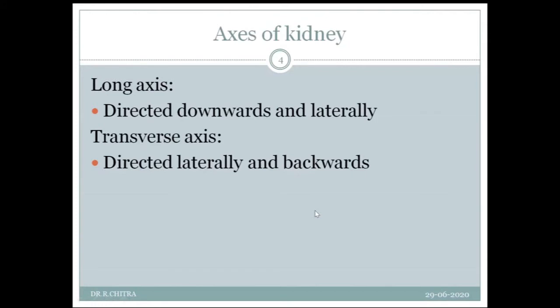You see the axis of the kidney: it has one long axis and one transverse axis. The long axis is downwards and lateral. You should draw a line as if from the vertebral column, going lateral. That is the long axis of the kidney. For the transverse axis, you should draw the line slightly backwards from the vertebral column, so that is laterally and backwards. That is the transverse axis of the kidney, because the kidney rests on the paravertebral gutter of the muscles. On the long axis, as we said, the upper end is nearer to the vertebral column than the lower end.